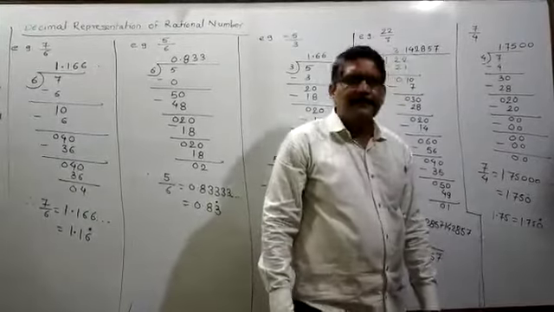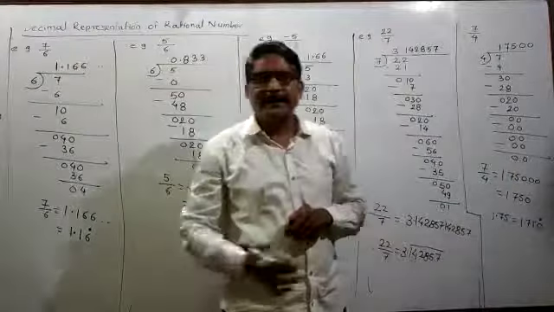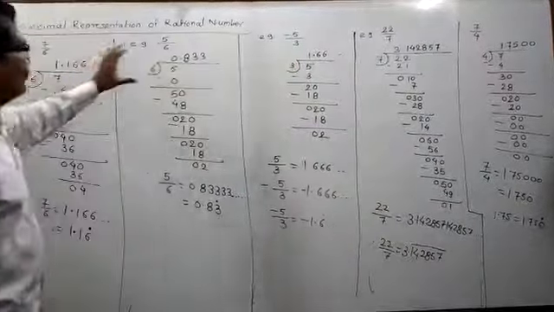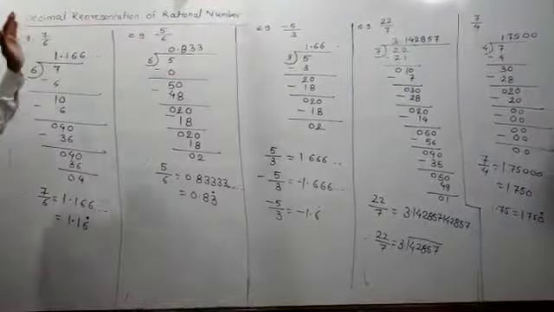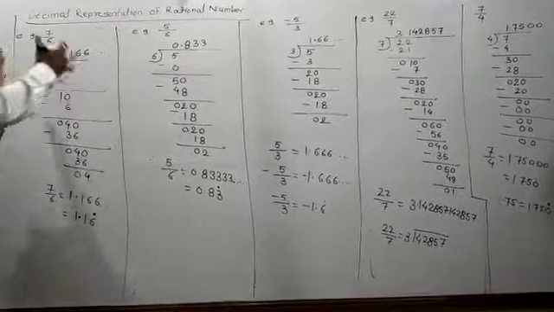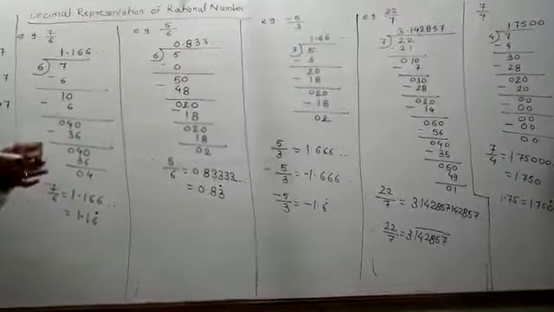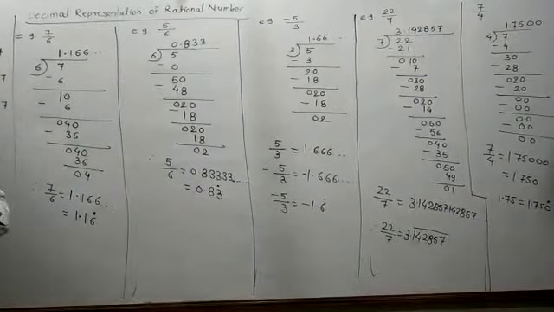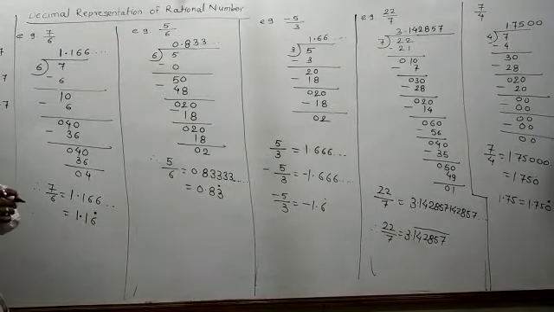Everybody understand? You have to write all these things properly. Downside, you have to solve one more example. Don't write all the examples I did on the one page. Downside, write another example. I think you understand all these things.